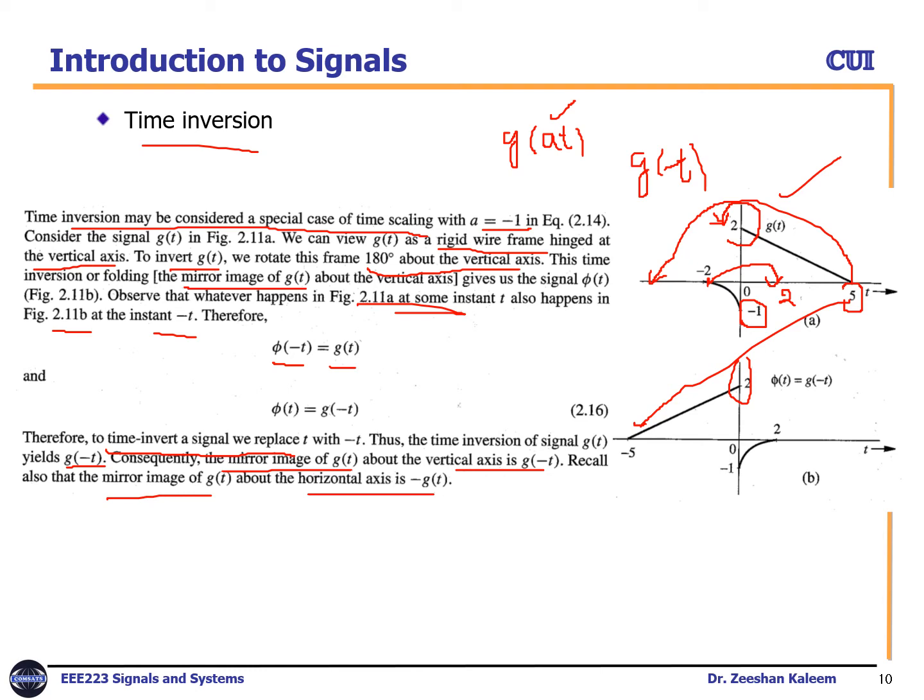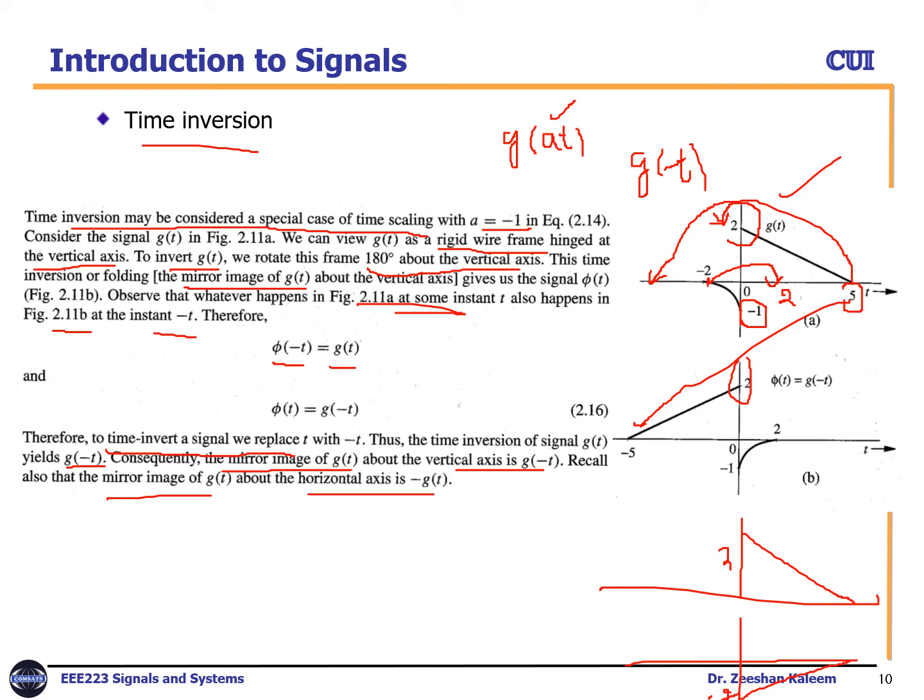So here we perform everything across the vertical axis. So this is the mirror image. If we perform it across the horizontal axis, it would be -g(t), not g(-t). Why? Because if you do it across the vertical axis, this point will remain fixed. It will look something this way. For example, previously you had this one. If you do it about the horizontal axis, then the output will be something like this. This will move to here and it looks this way: 2 becomes minus 2.